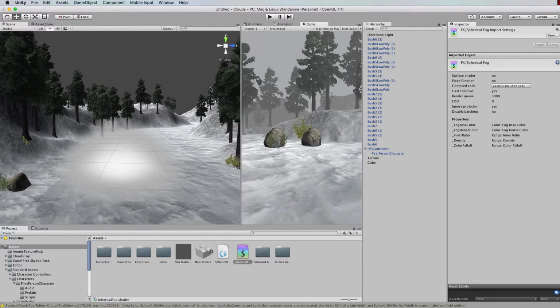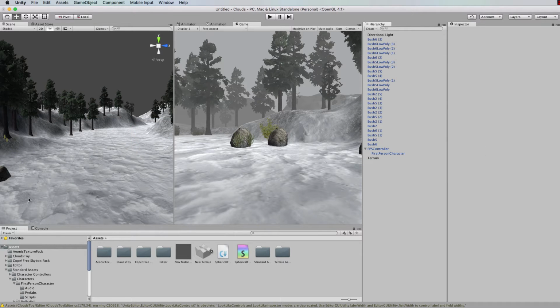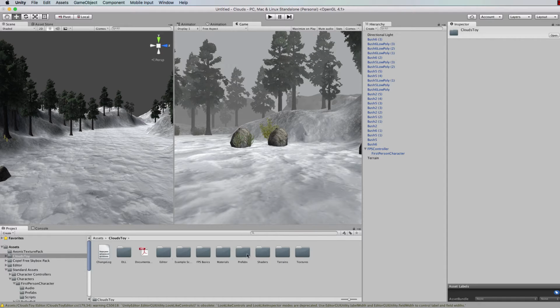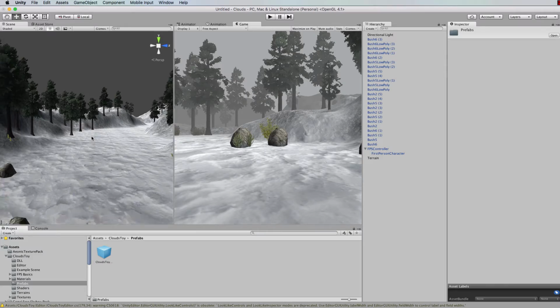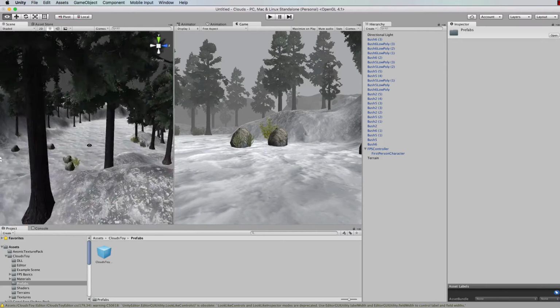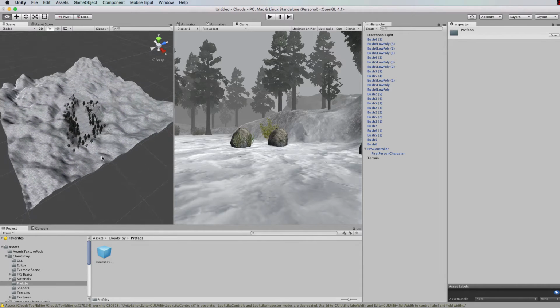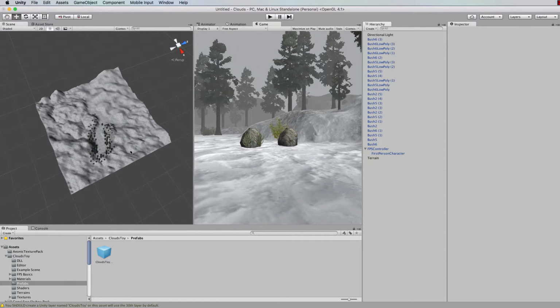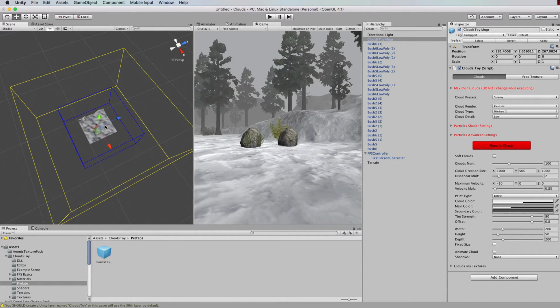So let's go back to our scene. I'm going to get rid of this cube because we don't need that fog. And we'll have a look in the Clouds toy folder that was created, and there's a prefabs folder within that. And in that you'll find the Clouds toy. Now I'm just going to zoom out on my terrain that I created so that you can see what the Clouds toy does. Drag and drop the Clouds toy onto your terrain, and if we zoom out a little bit,